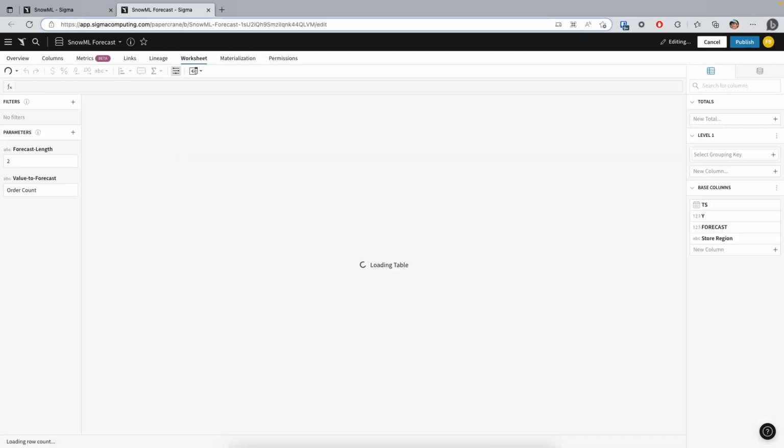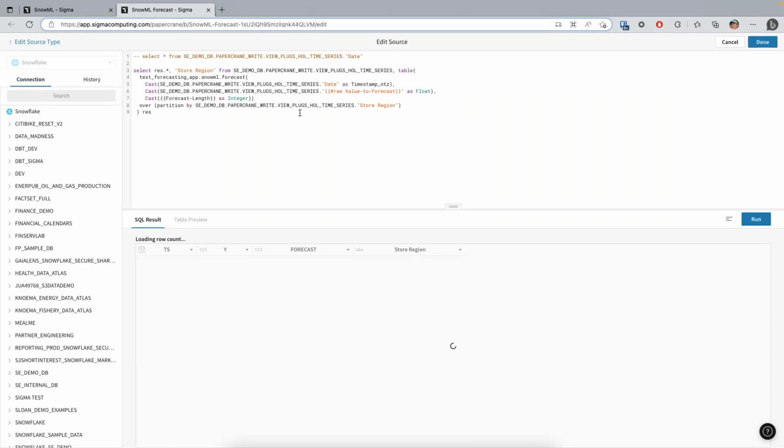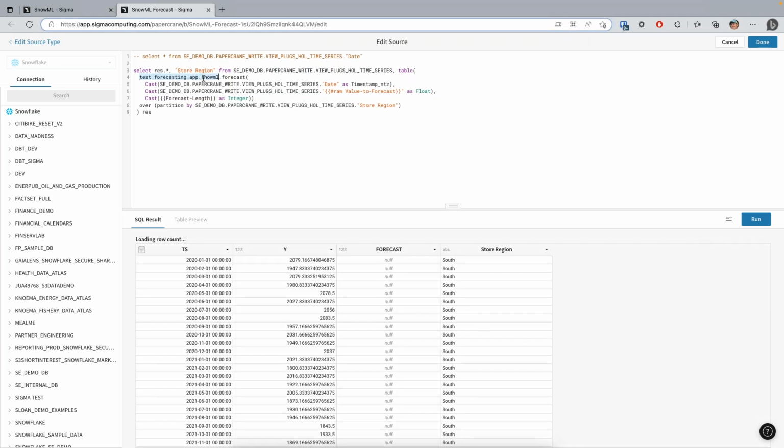And in my worksheet here, we see that it's coming from custom SQL. So folks who are comfortable with building data sets from custom SQL will understand what this means, but it's basically the ability to bring in a table from the warehouse with some SQL flair to it. So when I hit edit this, you'll see that what we're doing is we're actually calling this app called the